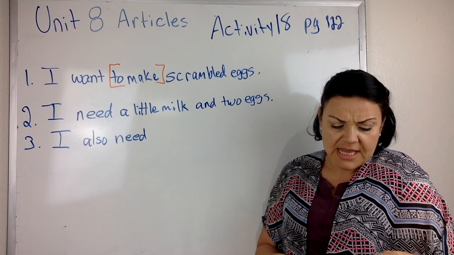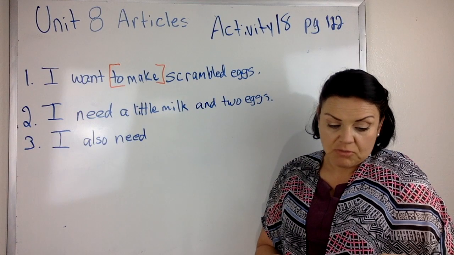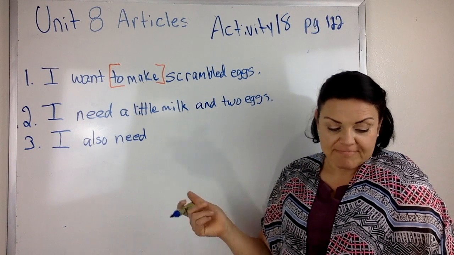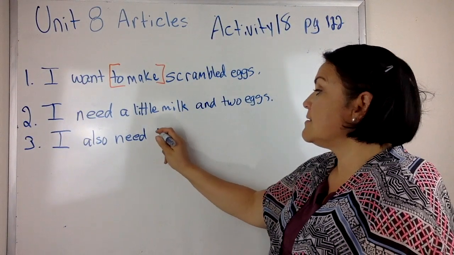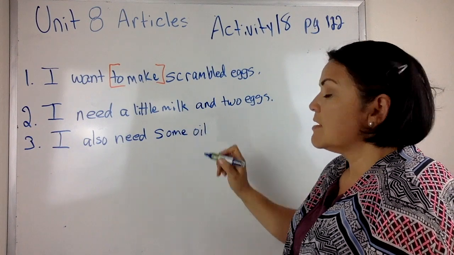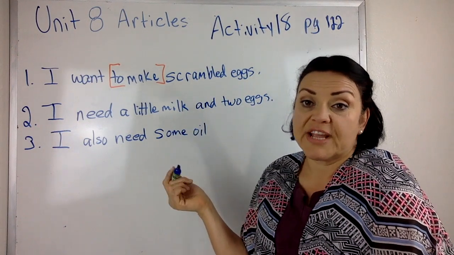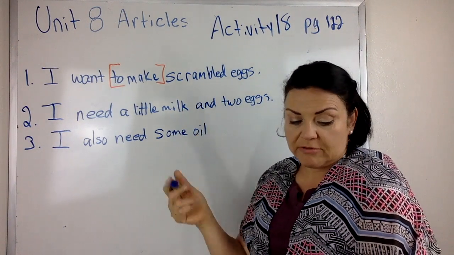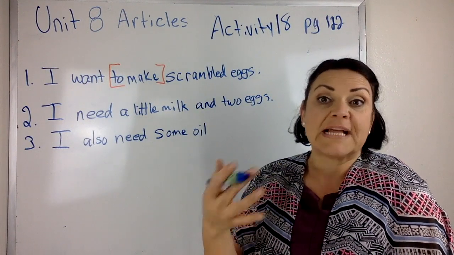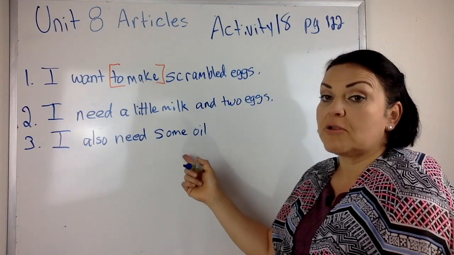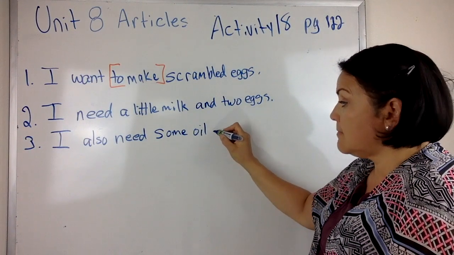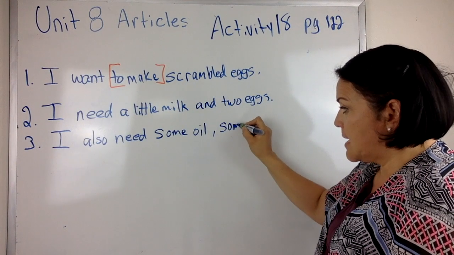you can write it in any list you want. It looks like they wrote some for everything. Okay, so I need, doesn't matter what order you put it in then. I need some oil because they're not measuring it. They're not telling you a spoon of oil. They just said I need, maybe you're going to go buy some, right? Or go get some from your house. So you're going to bring the bottle over. So they don't have an exact amount. I need some oil. I need some